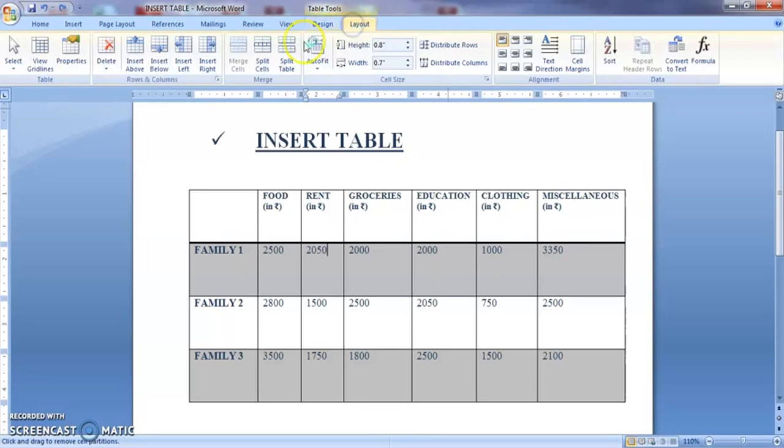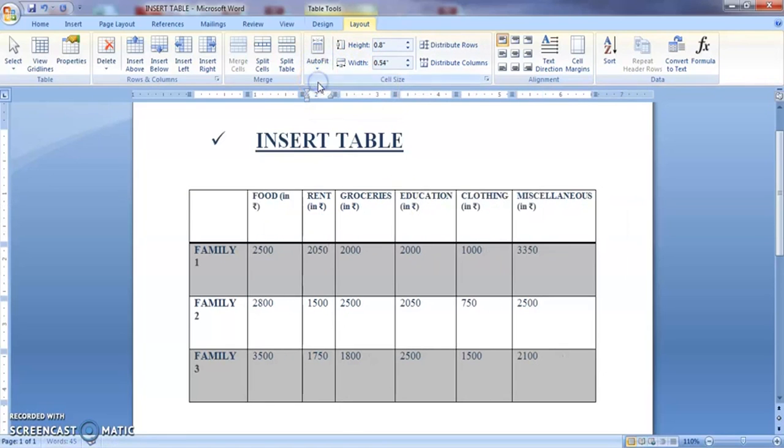Now the layout tab, we have already talked about how to delete, insert, all these things, right? And here the height and width, you can make changes. Similarly, if your table is extending quite lengthy, then you can go for auto fit to the contents, right? Or auto fit, you can see it has now been reduced or fit to the contents of the table. No gap is given. If you wanted to give auto fit to the window, that can also be done.